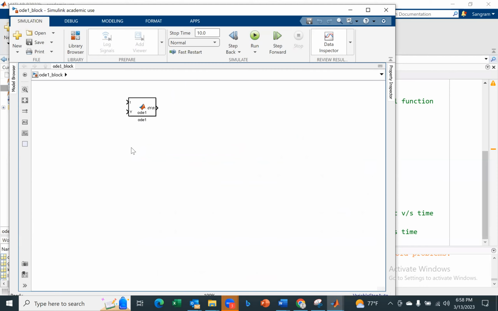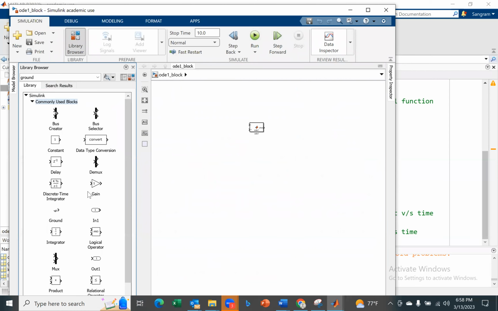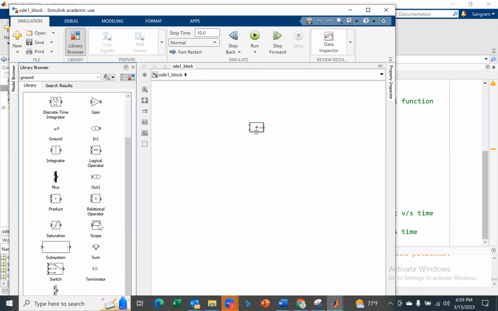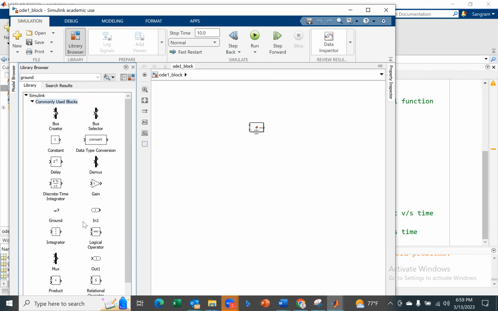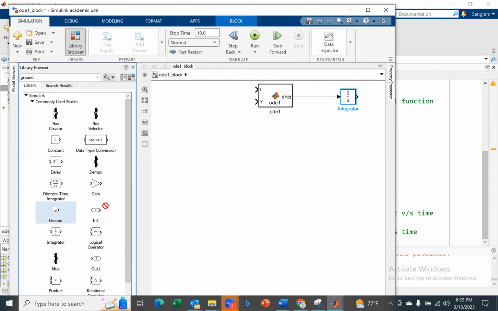So what you are going to do is add the ground block to T, then add an integrator. Basically go on to the library, Simulink, commonly used blocks. Then I want you to go down, grab an integrator from here, connect this integrator, grab this ground block,